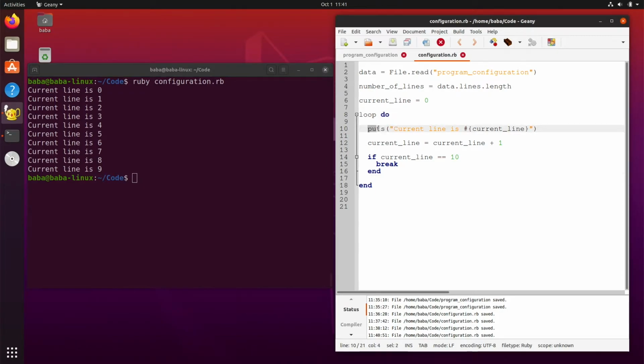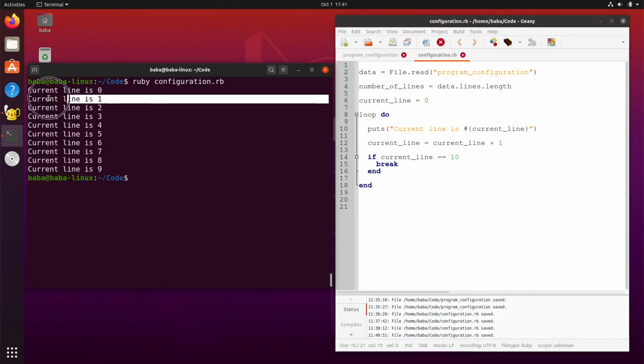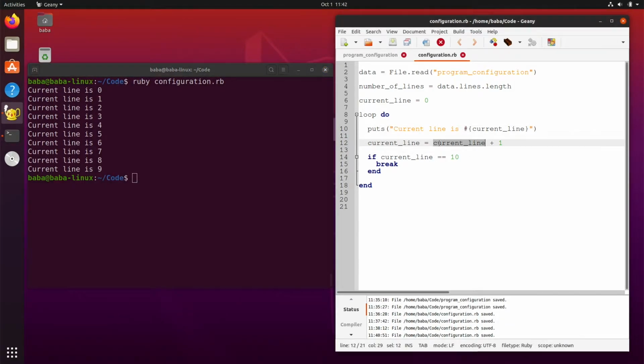And then it's going to print. Remember, the value of current line is now 1, so it's going to print current line is 1. So we have this second line here, and then again it's going to do current line plus 1, which is 1 plus 1, which is 2. And then this value 2 is put inside the variable current line. Therefore, the value of current line is now 2 instead of 1. Then again, this if is going to execute, and it's going to say, okay, if 2 equals 10, which is false, it's just going to go after the if. I hope you got the idea,